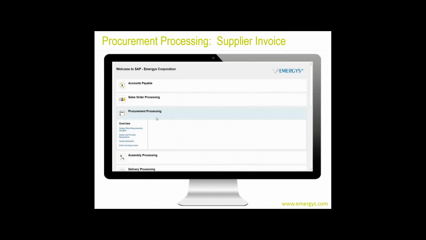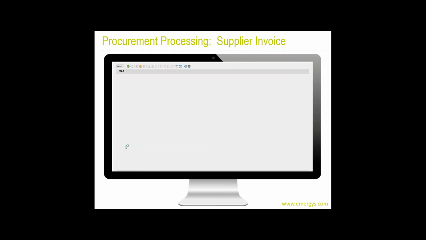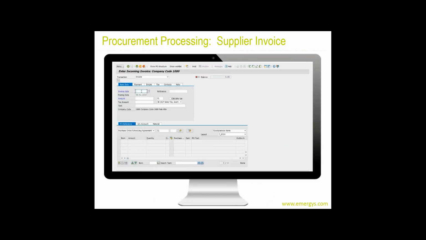And the final step would be the payable side of this, to go through the entire procure to pay process. So you can enter the incoming invoice, and here what we're going to do is reference the purchase order or the goods receipt, depending on how you're matching. Some companies always assume that what was on the PO was delivered, so we should invoice the whole thing. Some always want to match it off the delivery because it doesn't always match the PO.